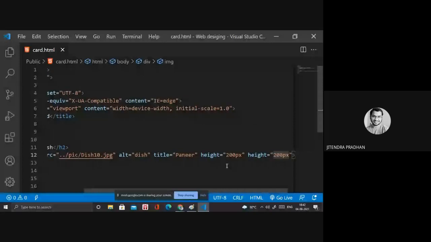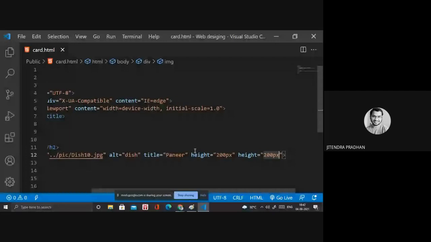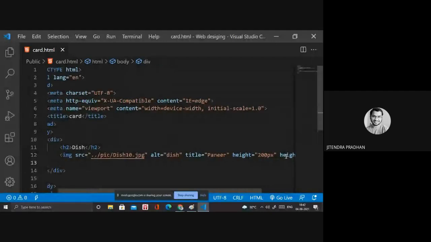We need a footer also. It will have the price. All these things we have to define in another div. I will show you another div. We are designing a paragraph.